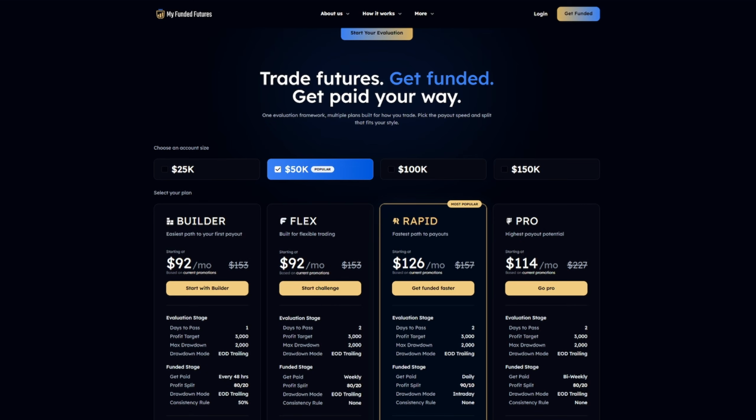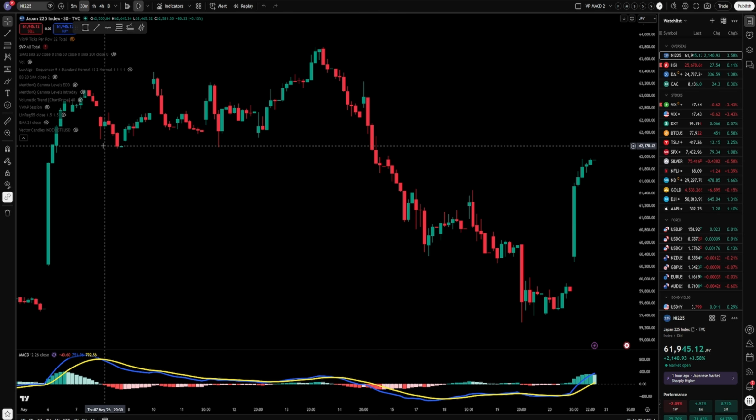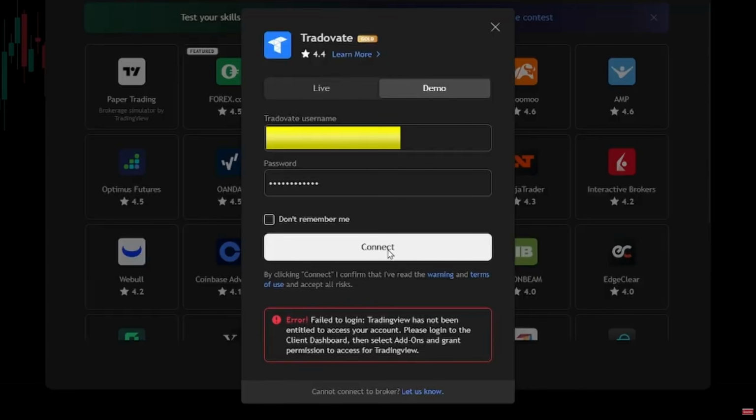In today's video, I'm gonna show you guys how you can set up MyFunded Futures with TradingView, and the best part, it's absolutely free. However, if you do make this one mistake, you could get an error message like this,